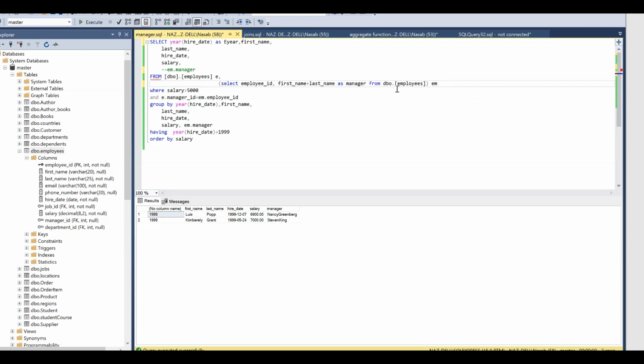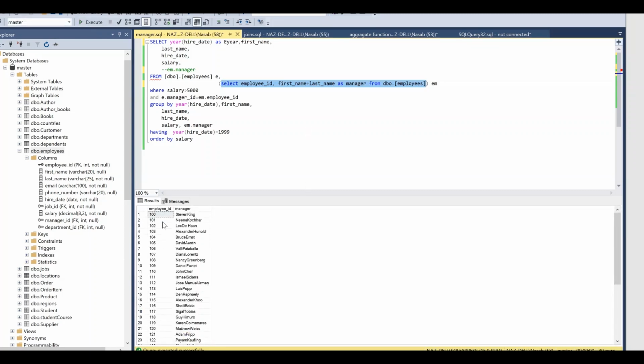So in this case, what I did is I ran this query where I selected the employee ID and manager. So what I'm going to do is take this employee ID, and I will combine it with the